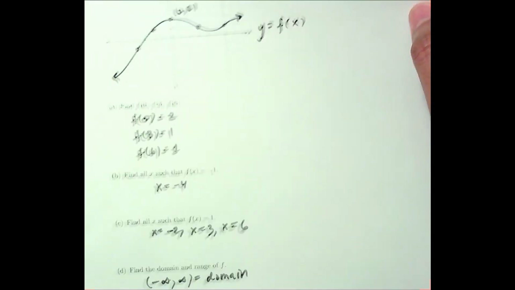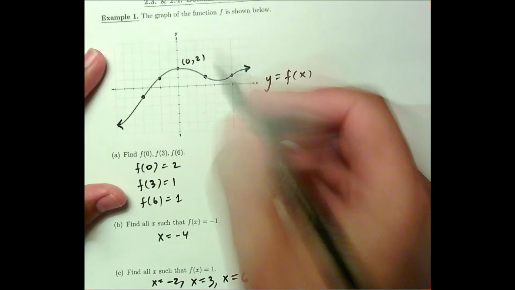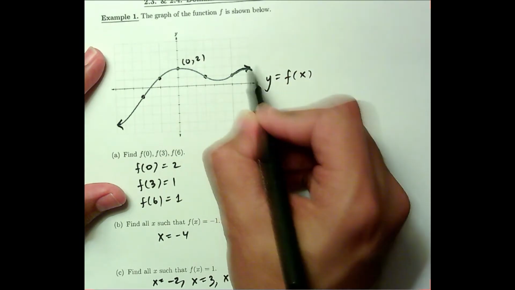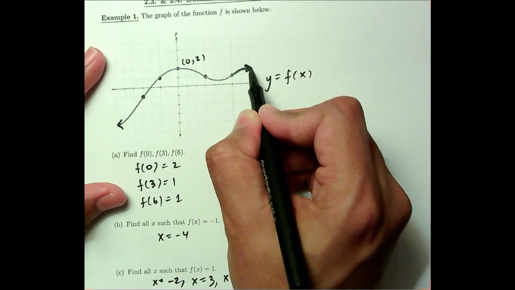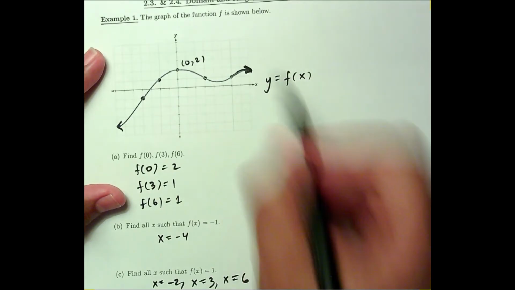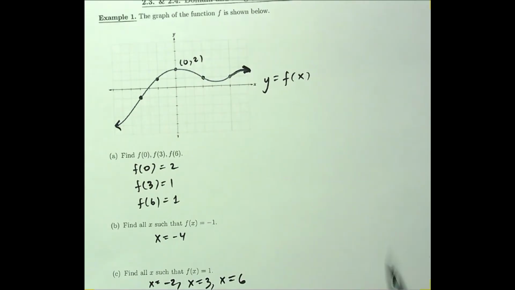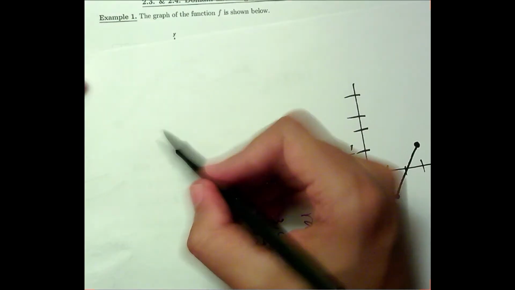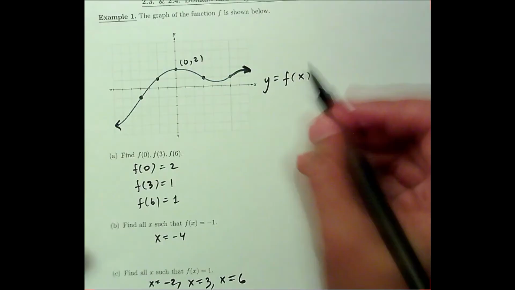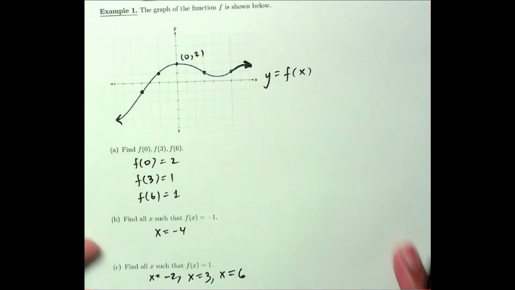Now, this graph actually is supposed to be a little bit like that. It goes forever to the left, but it really is supposed to be going down. Like, let me see, something like this. It's not very clear from that graph, but it's supposed to be something like this. So that is going down a little bit. All right, now let's find the